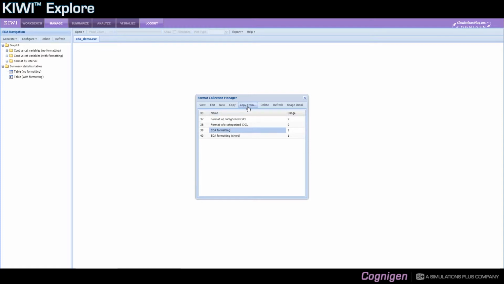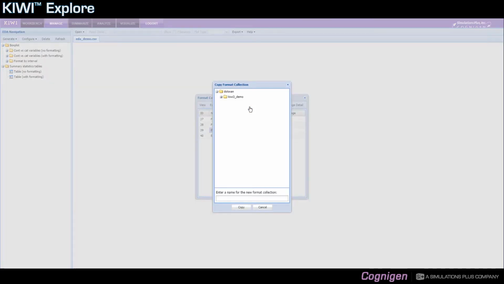You can also click on copy from. I mentioned earlier that this would be a way for you to import a format collection from another project, potentially another drug to which you have access. In my case, I actually don't really have a lot of permissions, and I only see the format collections that are available in this project. If I had access to other drugs or project folders, they would be displayed here, and I could expand them to select another